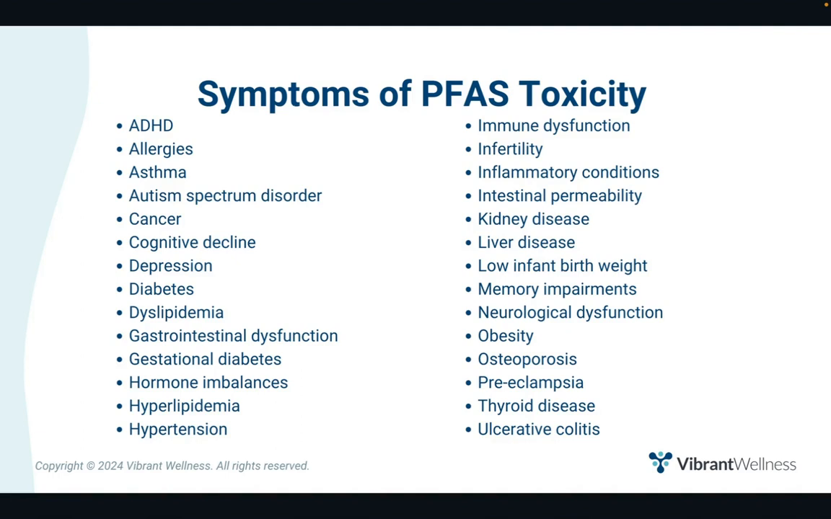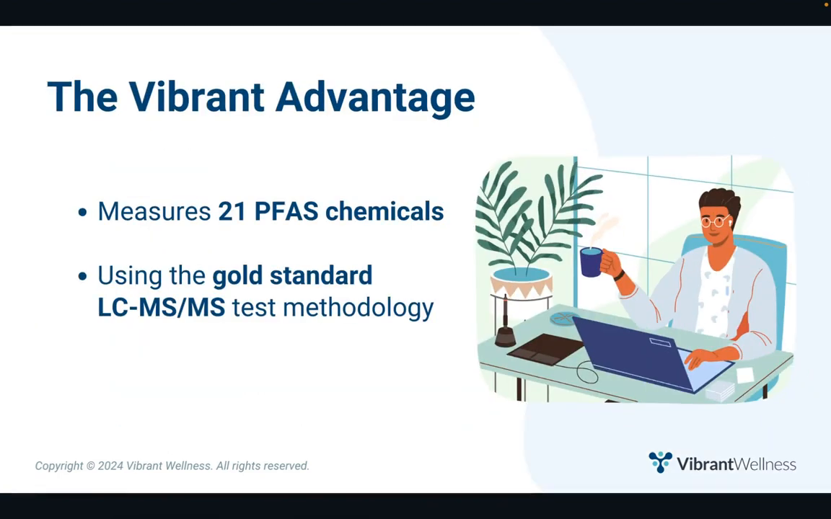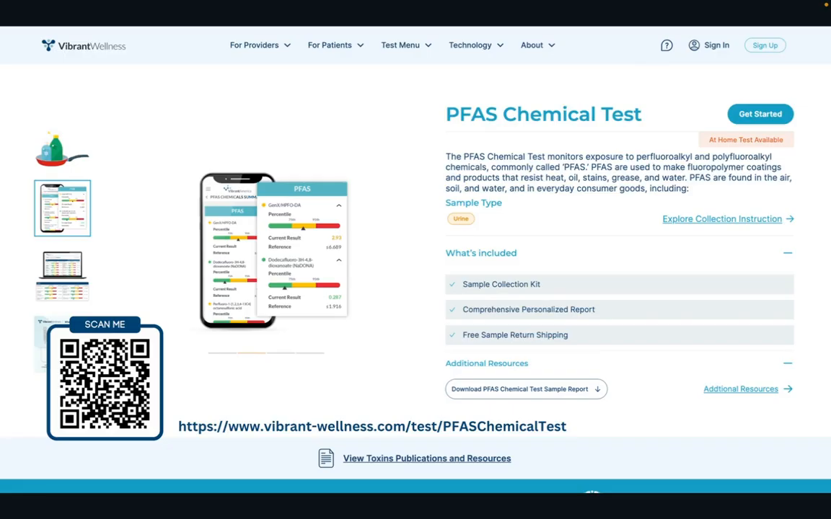In conclusion, the PFAS chemicals test measures 21 PFAS so you know if toxic burden is contributing to symptoms like ADHD, allergies, asthma, or any of the other symptoms listed on this slide. By identifying your patient's exposure to PFAS chemicals, you can devise a plan to reduce their exposure, increase their elimination, and promote healing today. To learn more, visit the link in the video description, and if you can't find it,